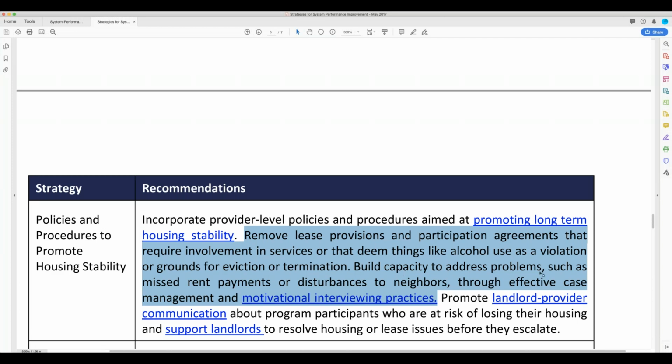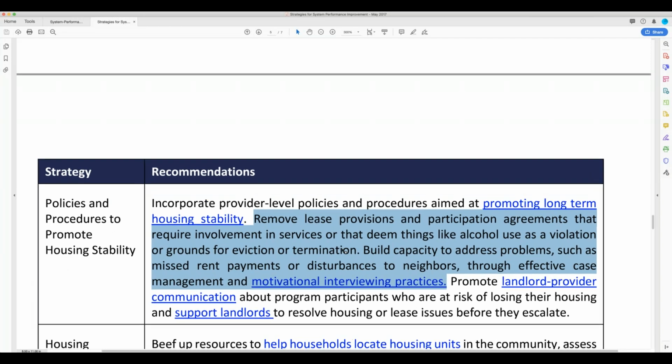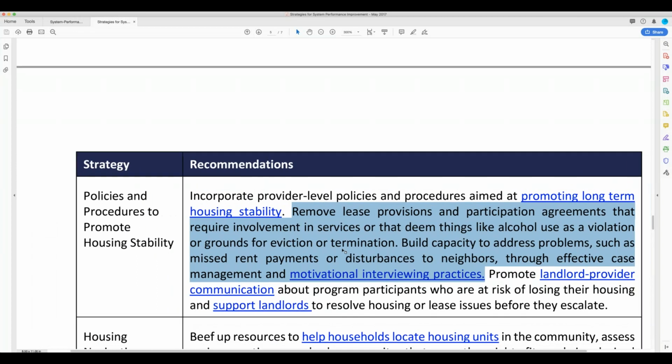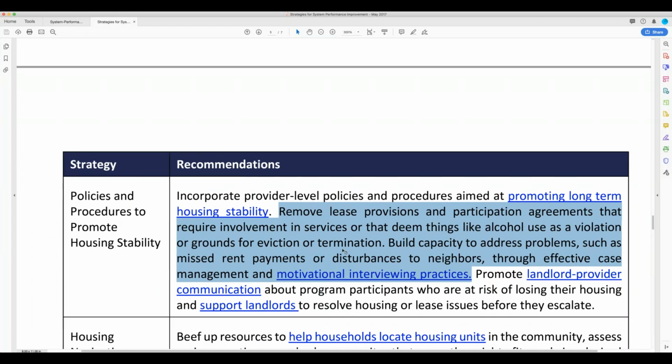building capacity to address problems such as missed rent payments or disturbances to neighbors through effective case management and motivational interviewing practices. I just the other day was in a visit for an on-site monitoring of a CoC-funded project. It's a permanent supportive housing project, and it's in New Jersey. And I was going through the service plan because one of the things that you want to see when you're